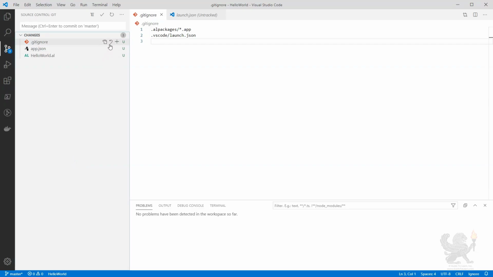Next, I will stage my changes, so they will be added to the staging area, and then I can commit my changes with a commit message. Voila. Then let's go into Azure DevOps,